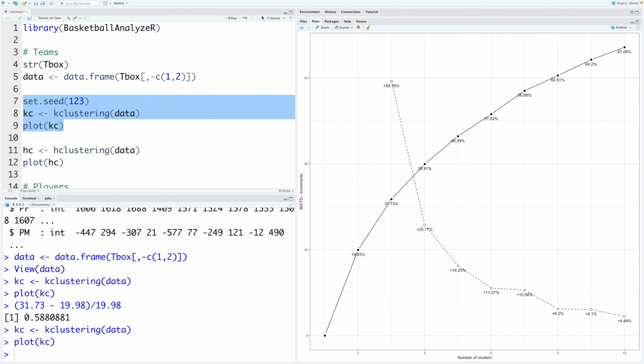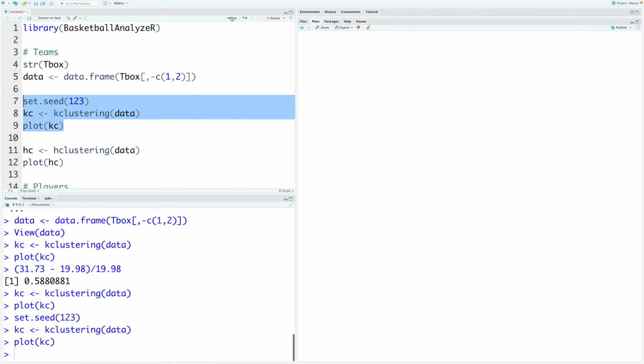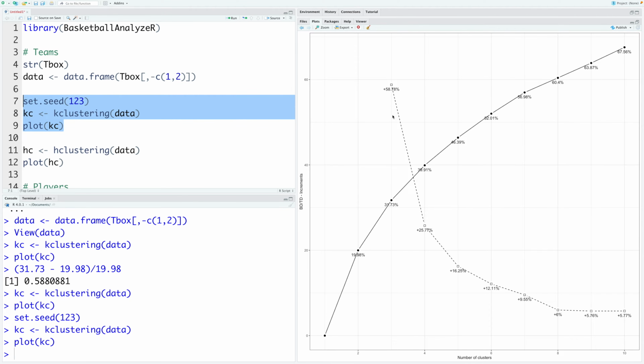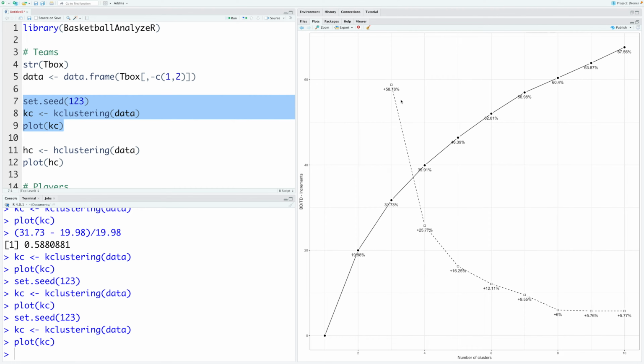So now if I run this, let's say once, and just notice this number is 58.78, and if I run this again, you can see this remains 58.78. So whether you run this on your computer or I run this on my computer, we are going to get same results as long as you use set.seed 1, 2, 3.